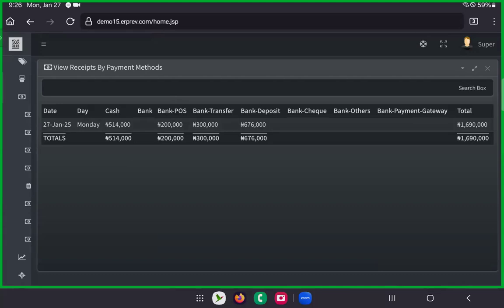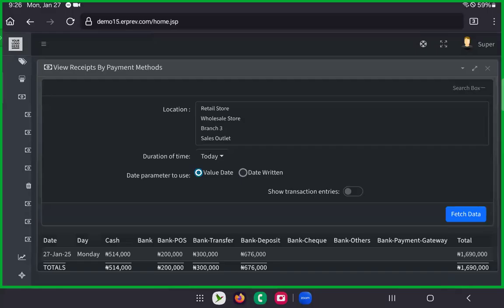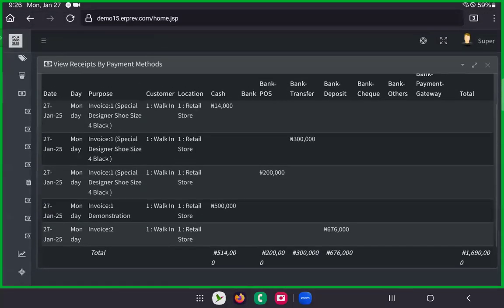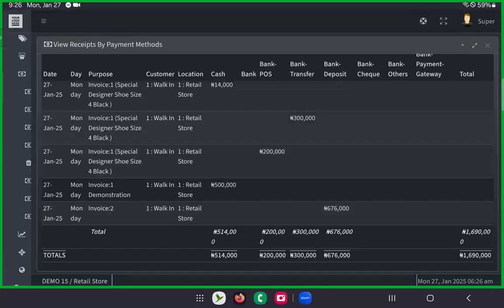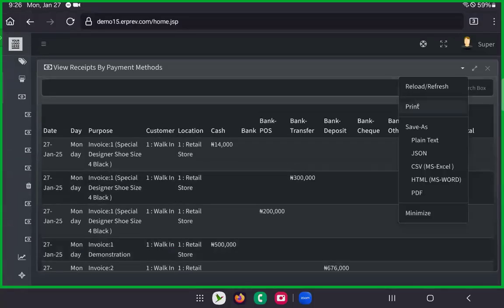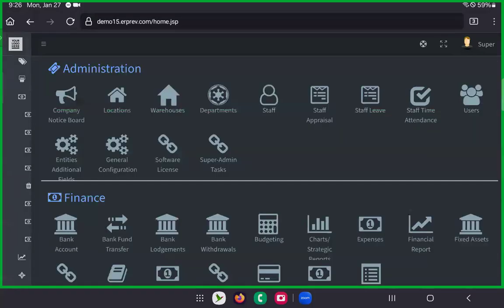I can tell the system to show me the transaction entries, to show every single item and how the payment came in, and it will show the total. Remember, this can be printed. You can save as plain text, JSON, CSV, HTML, PDF. Okay, to close this,